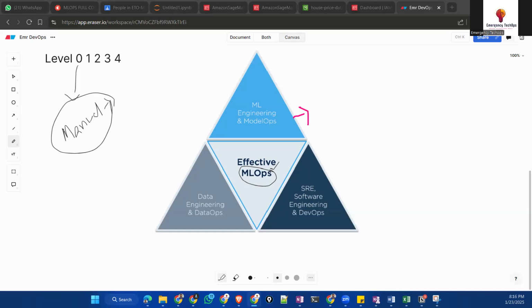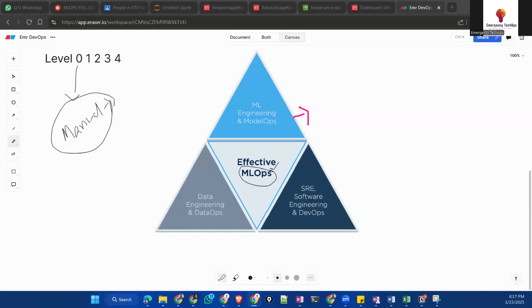So that is the first one, which is level 0. Okay. And I can say it is no MLOps. There, what happens? Data scientists are not regularly going to communicate with the very big teams. So that's how there's no MLOps, nothing.